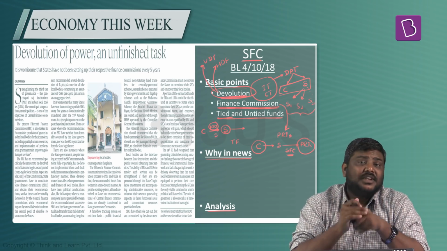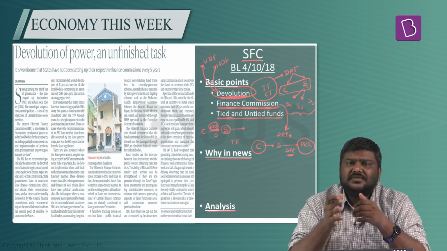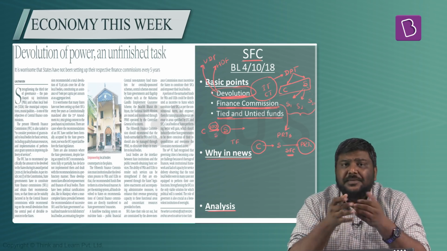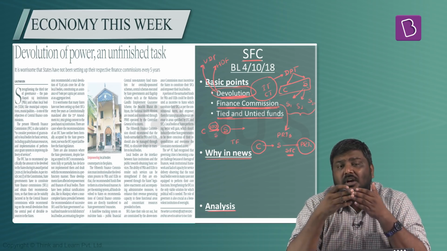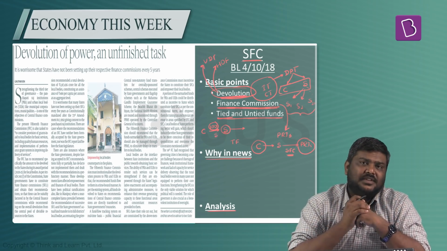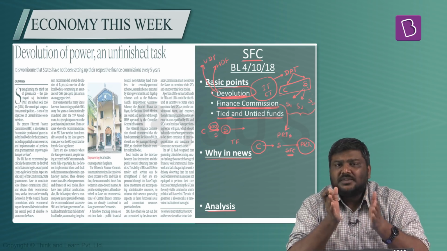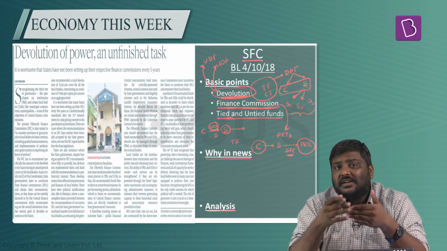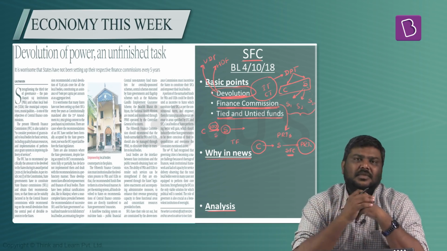For example, the state of Karnataka has implemented around 11% of the recommendations of the SFC. Some of the states such as West Bengal have implemented half of the recommendations. A state such as Kerala has implemented all the recommendations of the SFCs. Fourth, since a majority of the funds devolved under these recommendations are in the form of untied funds, there is a huge problem of finances at the third tier.